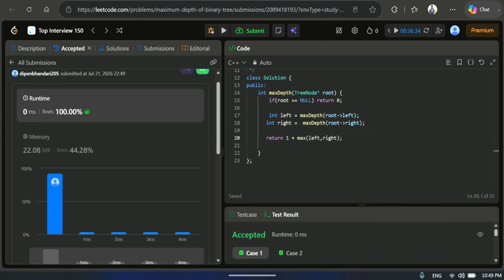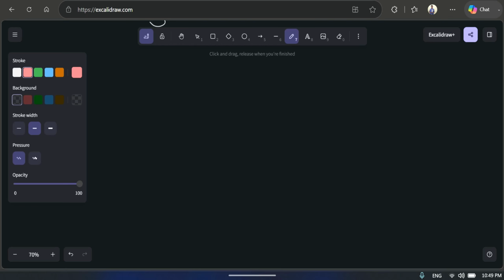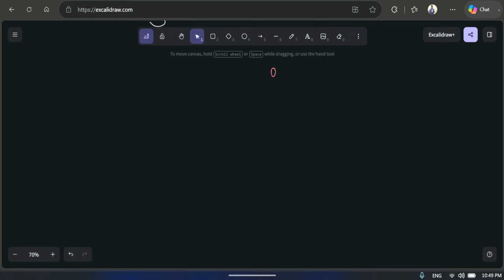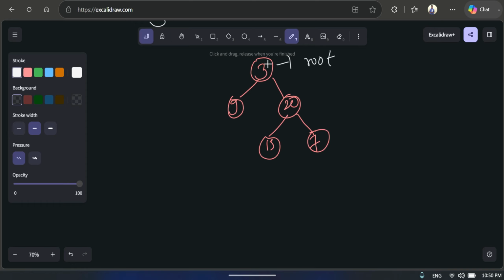I'll try to dry run it on this particular example, 3 9 20 15 7. Okay, let's draw it here. Sorry about that. 3, 9, 20, 15, 7. So this is our binary tree initially. Now this is the root, and then our function call is here. In our first recursion call, we will call root's left,